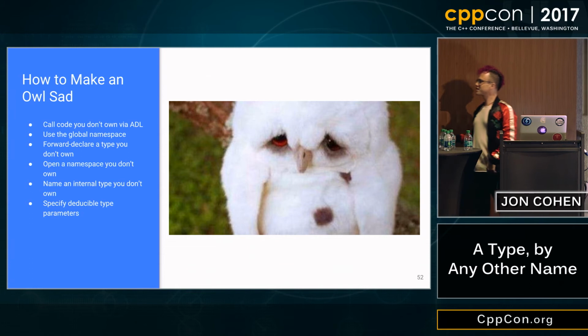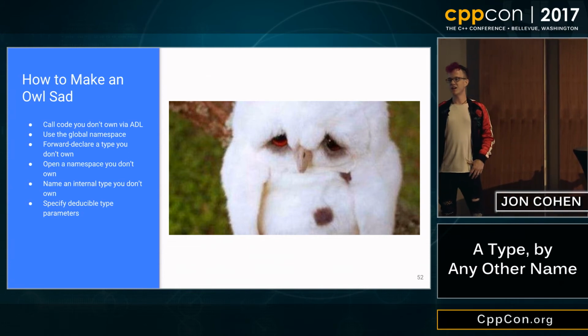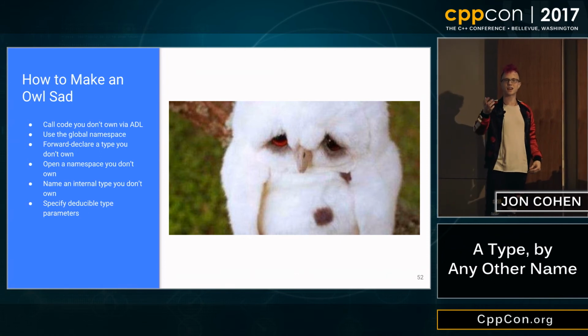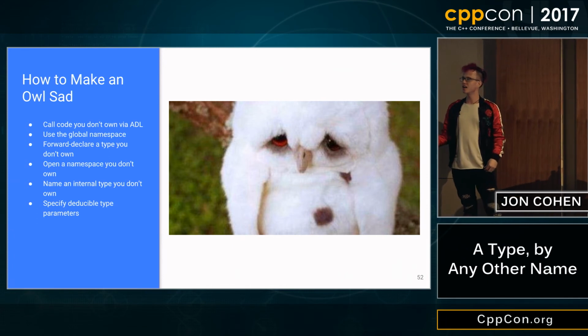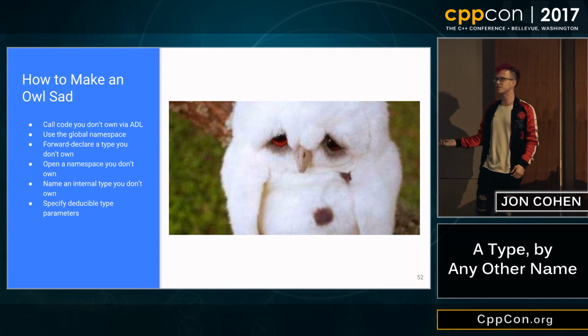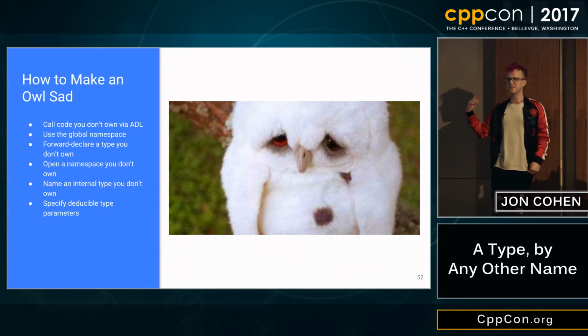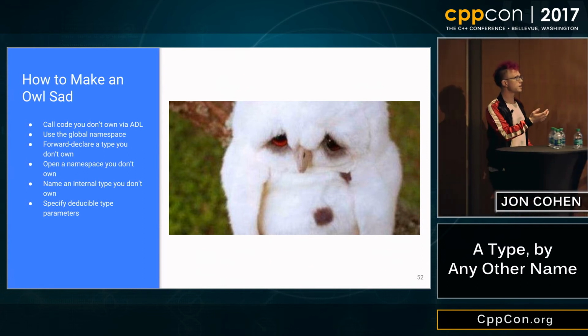As a related thing, specifying deducible type parameters is also often a problem. This is our issue with make_unique. If you have a function with a template parameter that can be deduced, unless it is specifically specified, like by template functions in the standard, which do specify the meaning of their template parameters, there's nothing saying that the template parameters of a function couldn't change meaning to make an easier implementation. Maybe it makes the metaprogramming easier. Maybe they upgraded to 17 and now they can do something cool with fold expressions and type packs they couldn't do before. This couples to the implementation.